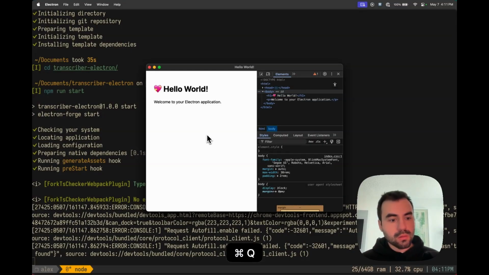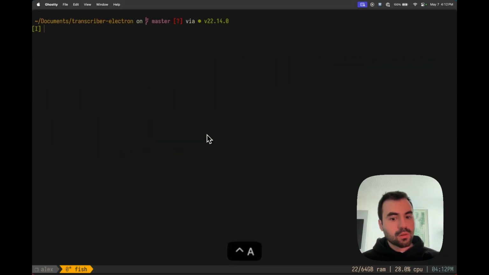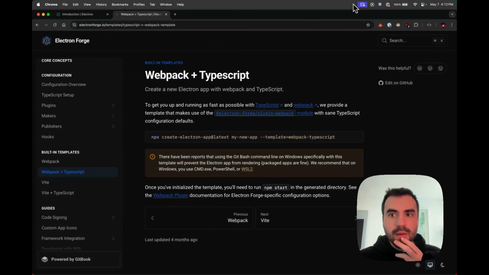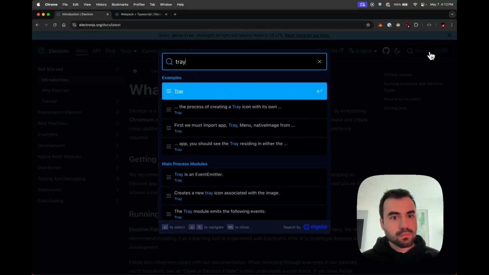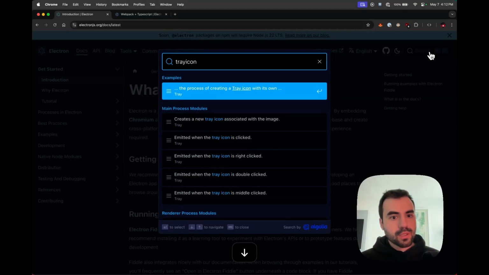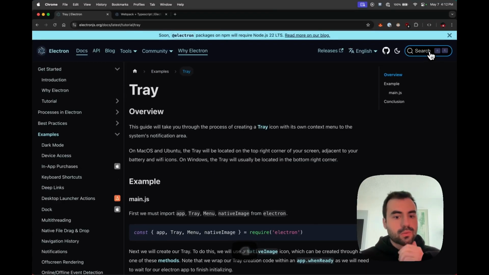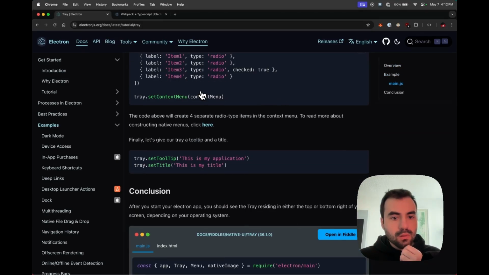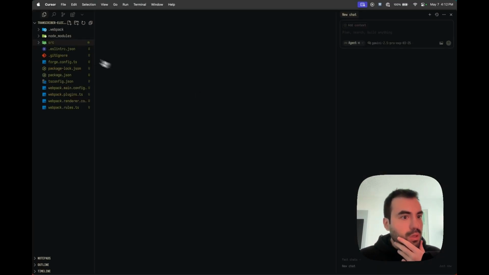So after this, we need to create a tray icon. And let's go to the documentation and search for a tray icon. Examples tray. Okay, so here it is. So let's go to the code, open Cursor, and